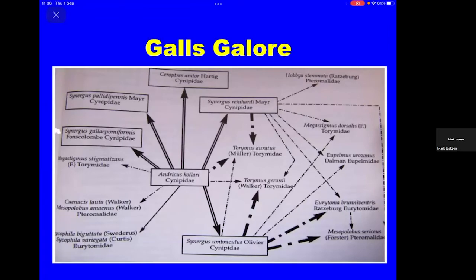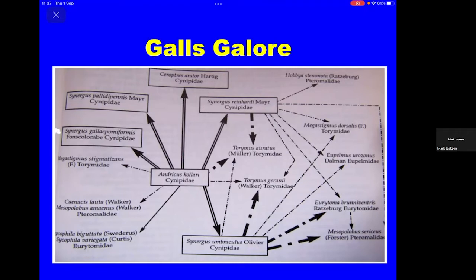I hope you can see this. This is a food web. There's a lot going on inside galls. I have a shorter talk than this sometimes, which I call sex and violence in a nutshell. And if you just take a minute to look at this, sort of center left, you can see Andricus cholare, the cynipid wasp gall causer. And this causes marble galls, which are also very common, also an introduced species, but introduced in the 19th century. The arrows on this go from the source of food to the feeder. And I hope you can see there's a whole lot of